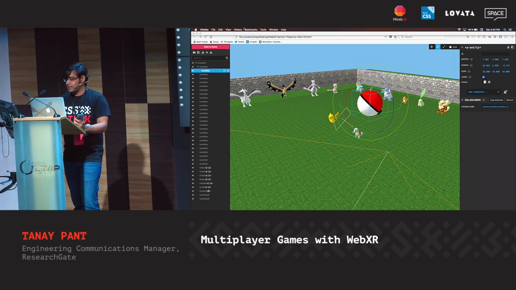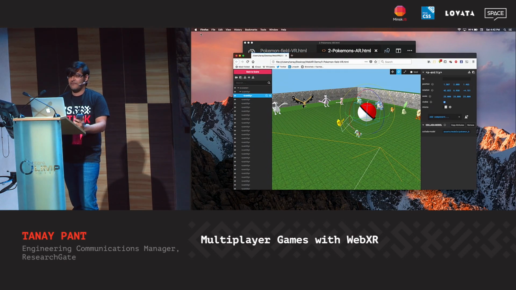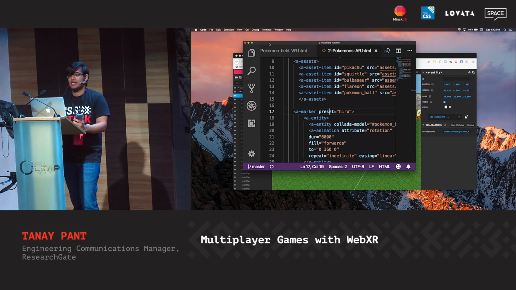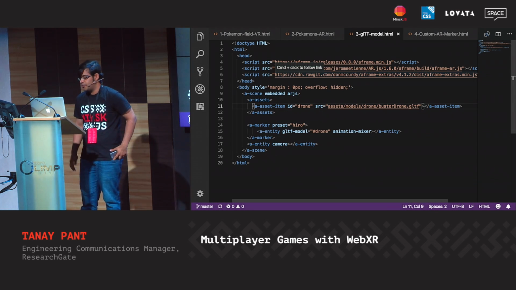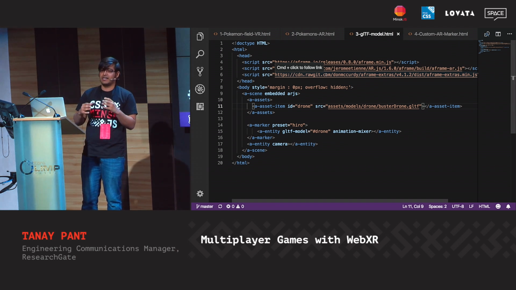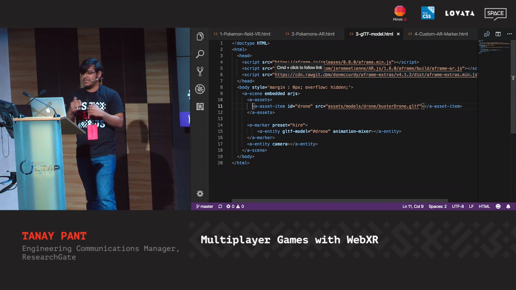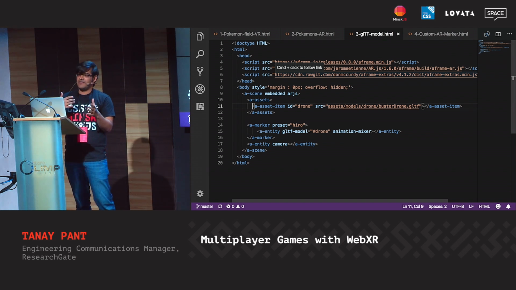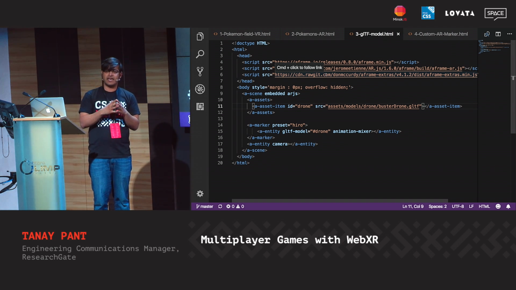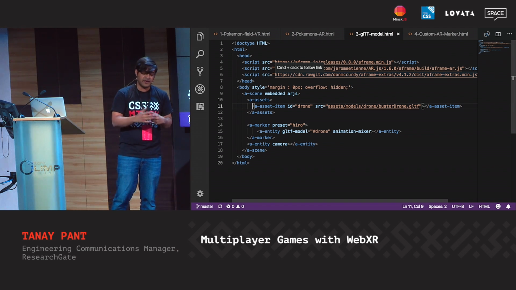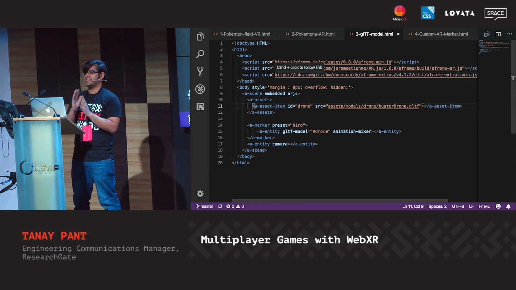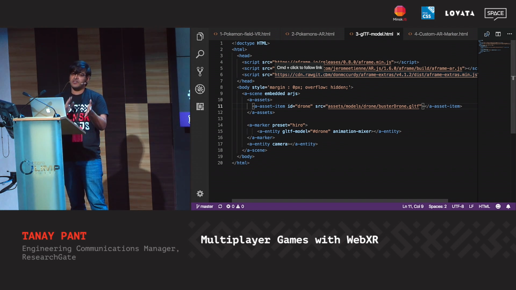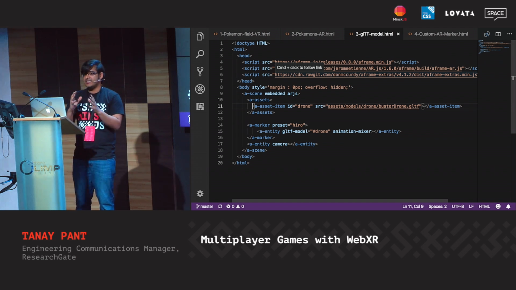Also, what you can do is include Gltf models. Have anybody heard of Gltf models? Okay, so Gltf models are basically a format for 3D models. It's relatively new, and what it does is minimize the size of 3D assets and also their runtime. And Gltf has 3 different kinds of files. It has a .gltf file, which is basically a JSON file. It has a binary, and it has textures in it. And it works very seamlessly with A-frame, and actually it works even better than the DAE models. And these can be animated.